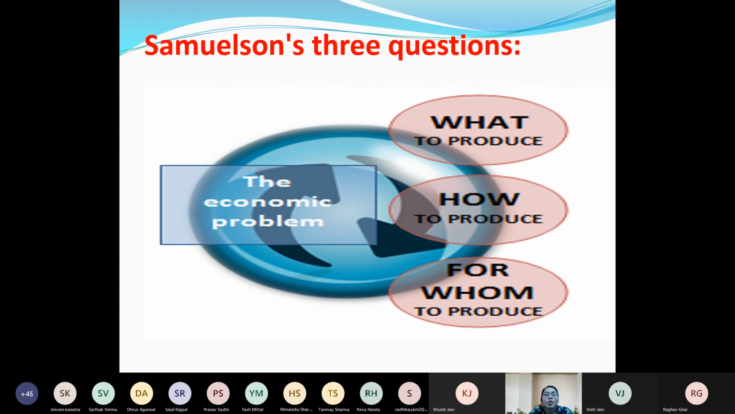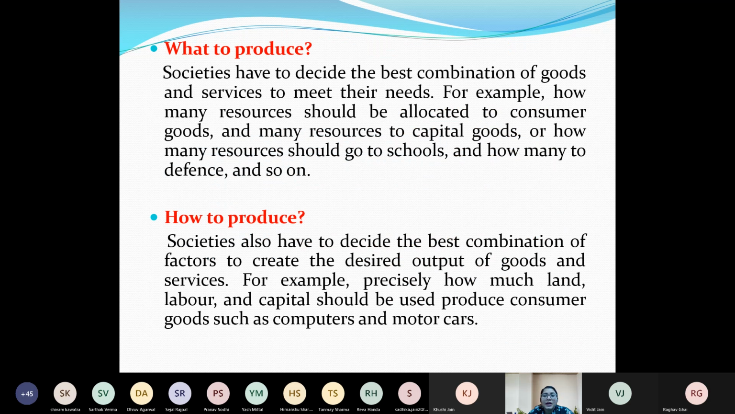It plays an important role for every economy. So these decisions are taken for different economies. The techniques are different, right? What to produce, how to produce, and for whom to produce, right? So there are